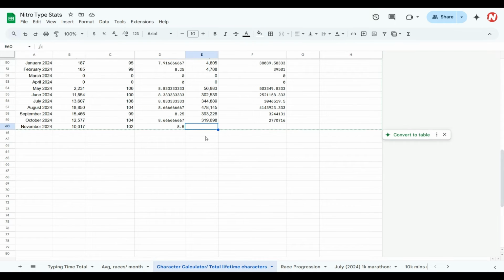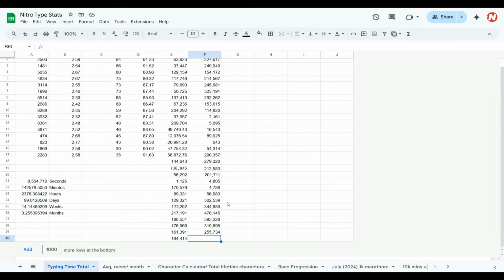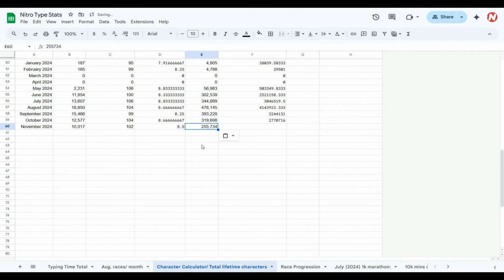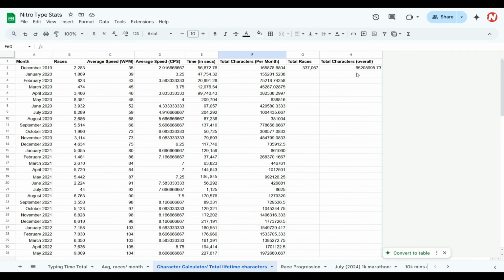After that, of course, you're gonna have to get your seconds for the month, which is, back in my typing time total, and down here, it's gonna be 255,734 actually. Just copy that over to here. Boom, just like that. And then do some more calculations, where basically you get your characters per second, multiply that by your total seconds in that month, where you'll get the total characters in that month, which in this case was 2,173,739. And that will bring my total lifetime characters from 65 million all the way up to